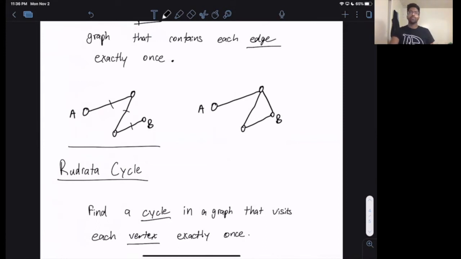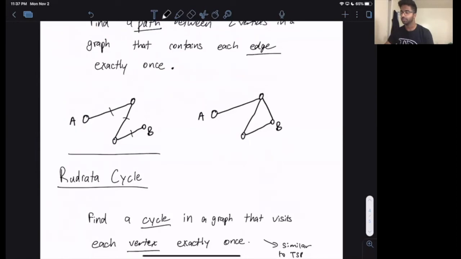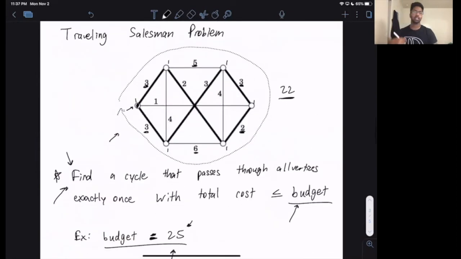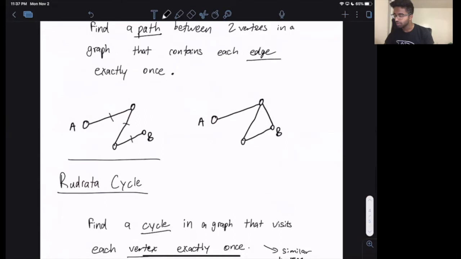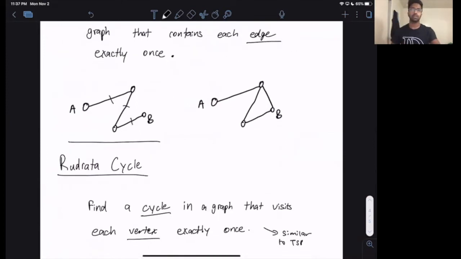As you'll notice, the Hamiltonian cycle problem should ring a bell. It's very similar to the TSP problem, the traveling salesman problem that we covered here. Finding a cycle that covers each vertex exactly once, except here we had the budget factor to the problem. But anyway, the Hamiltonian cycle is similar to the TSP problem, and